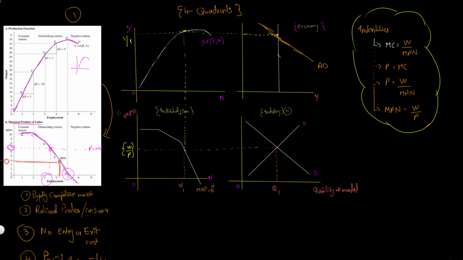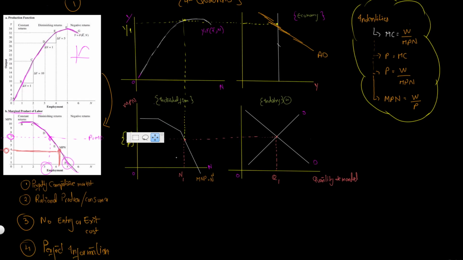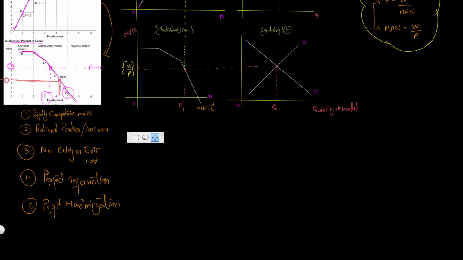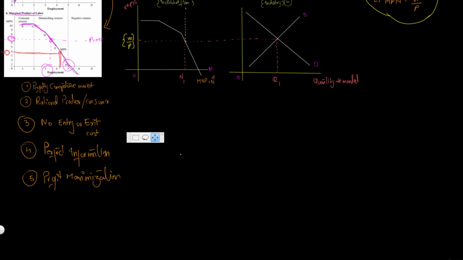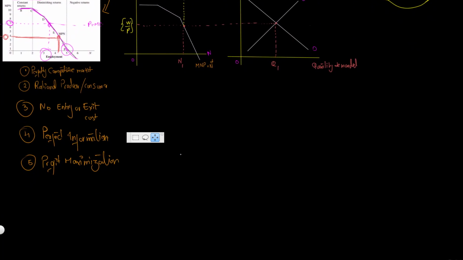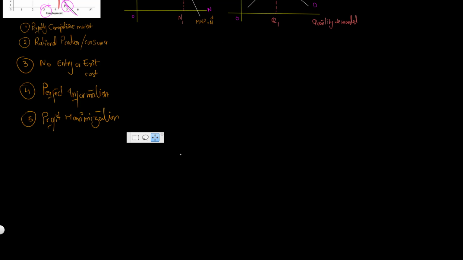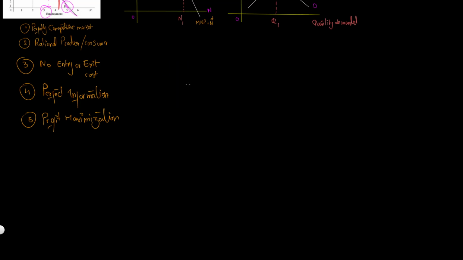Before we can get into the graphs specifically, there are a few assumptions that we have to go through first. The reason we have to know all of these assumptions before we start plotting the graph is that in classical economics, a lot of assumptions are made, and unless you understand those assumptions first, you're going to have a tough time answering questions, especially in examinations, or writing a thesis, because a lot of the theories depend upon those assumptions, which may or may not be true depending upon the circumstances we are in. So it's very important to understand the assumptions so you're able to critique the entire question